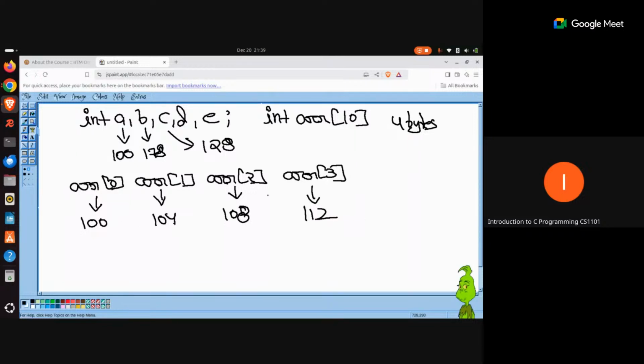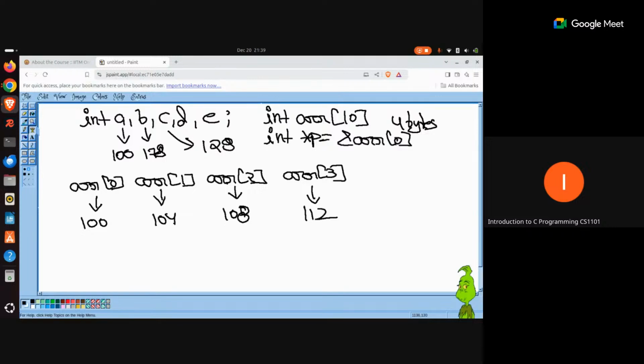Now, since it is guaranteed, that is why you are able to learn the concept of pointer arithmetic. Just like I told you, if you want to refer to this particular array with the help of a pointer, you would write a syntax like int star p equals ARR0.